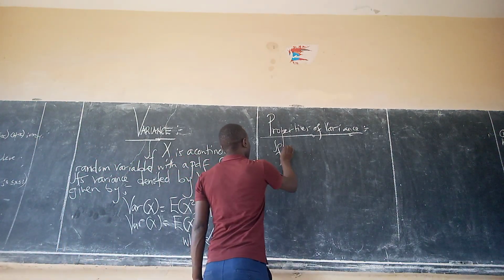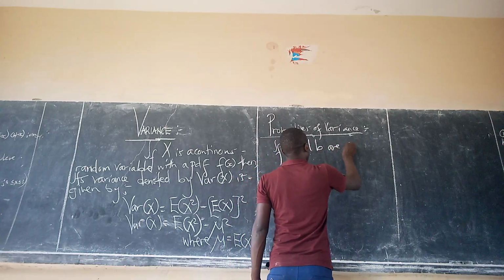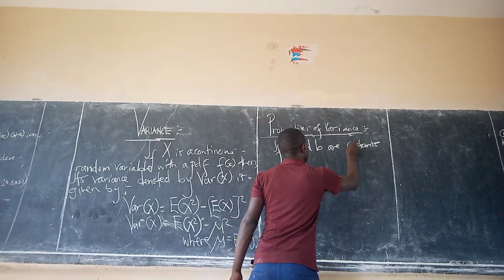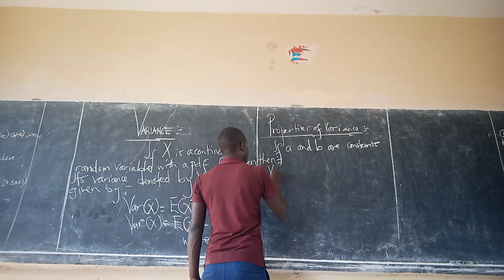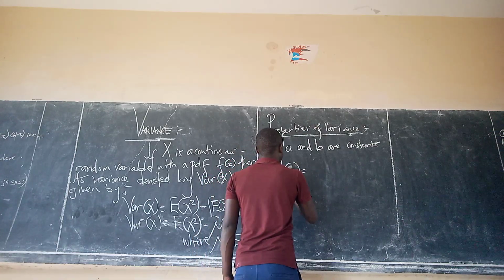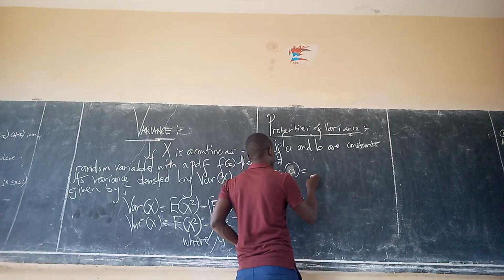So if A and B are constants, then the variance of A is given by